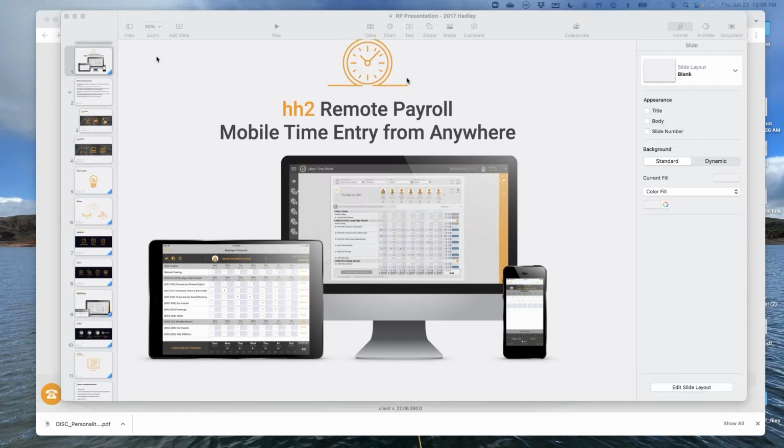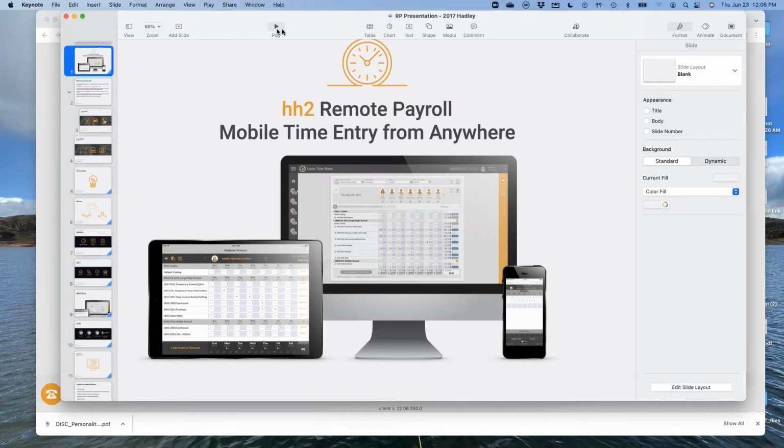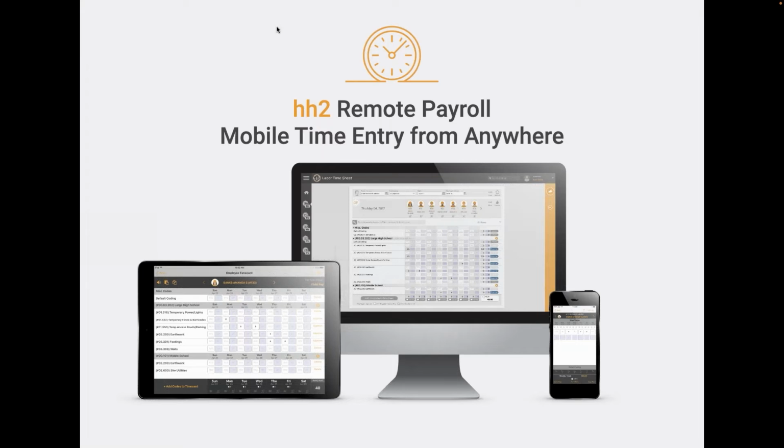Let me tell you a little bit more about HH2. So Brett mentioned that we have a little over 50 and probably many more. I didn't do the final count. Companies that are Bangert customers that are actually using HH2 and have been for several years. And the other thing that Brett had mentioned is the fact that HH2 was built in the cloud. So we're a native cloud-based platform. And the great thing is we were in the cloud before the cloud was cool.